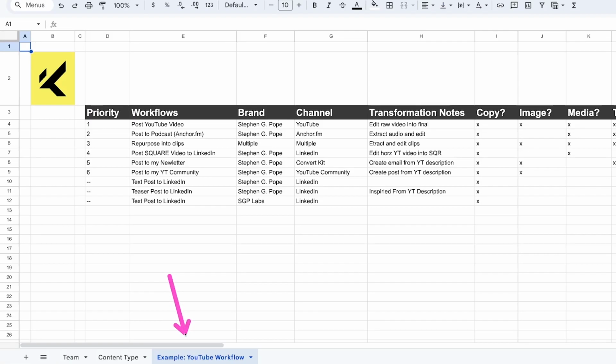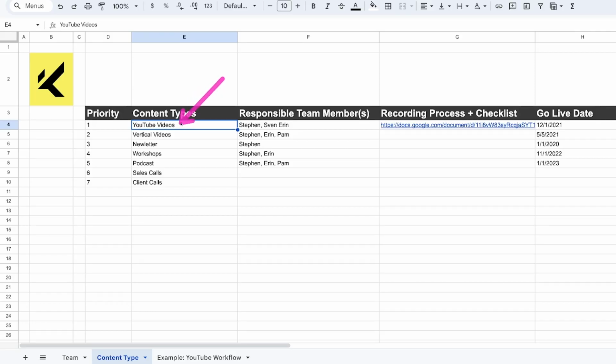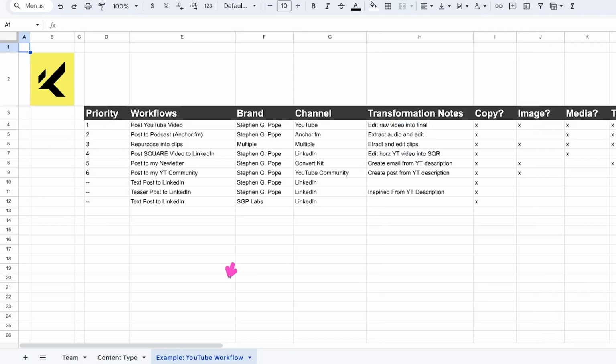Now, we're also going to talk about workflows as well, but I did want to make the point that content types are really about the recording, but workflows are really more about the production, the repurposing, and the distribution of all of that content. Because if you think about it, you might have a weekly YouTube video that you record, but you also might have a workshop or a podcast, or you might even record your sales calls or client calls. And even though these are different recording processes, each one of those recordings still might use the default YouTube